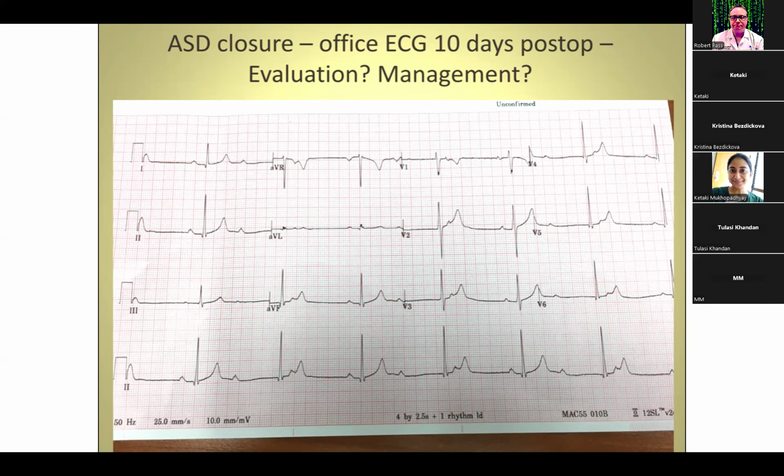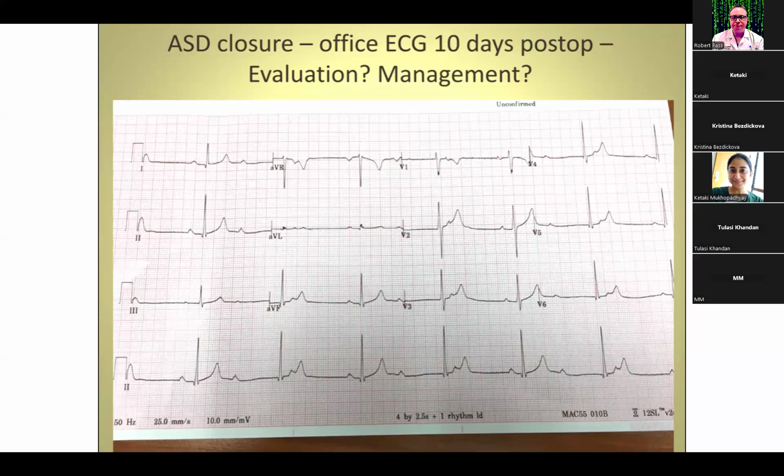Why would a large ASD device potentially cause this? If there's a large ASD device, I would think the rim around the ASD, the atrial septum, is not a lot, and probably that's the reason it's going into the interventricular septum. It's like while trying to repair or putting the device in, there's some injury to the interventricular septum